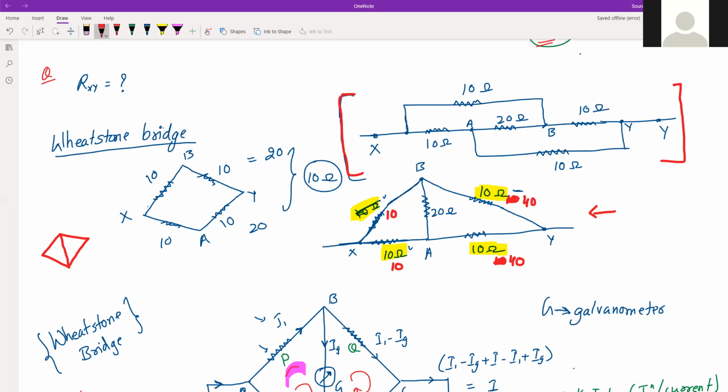And as soon as it is a balanced Wheatstone bridge, this segment is gone, because there is no current flowing through that. So whatever current flows through this goes completely through this. That means these two are in series, and in the same way these two are in series. So we use this concept to simplify the circuit. Like this, you may get problems where you will have to solve problems like this.